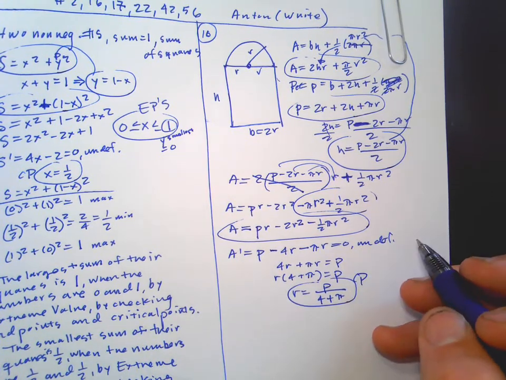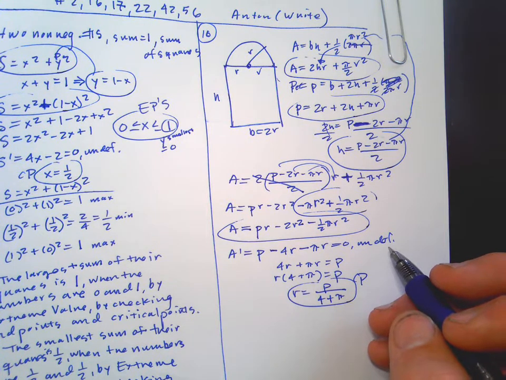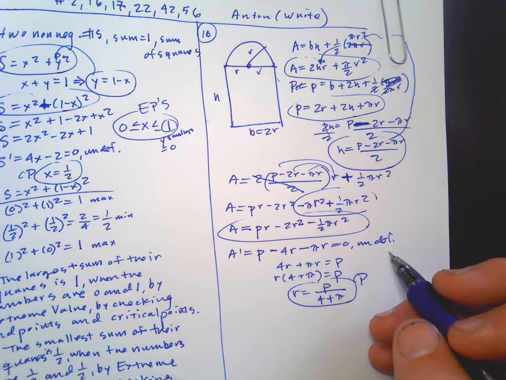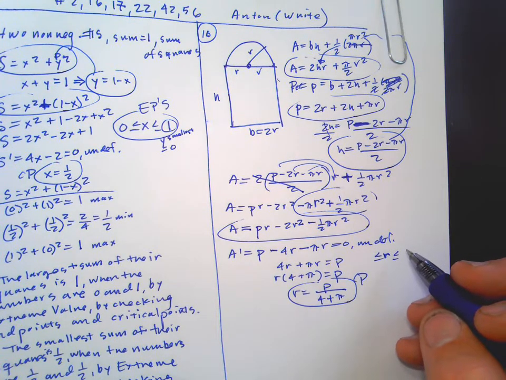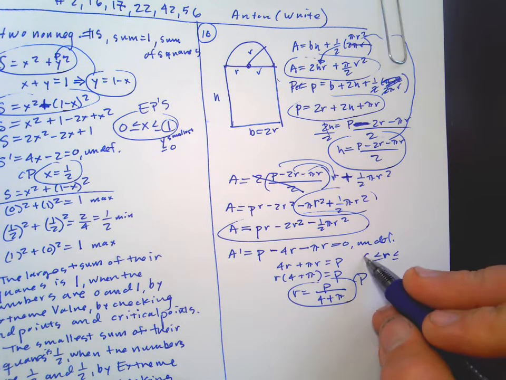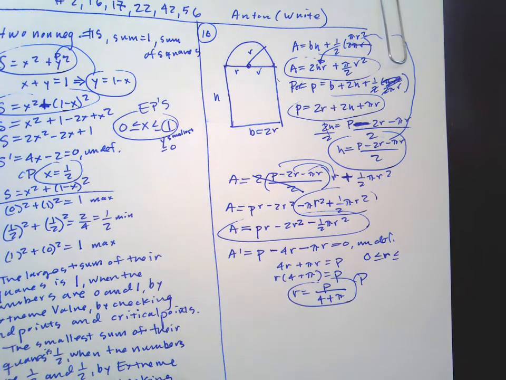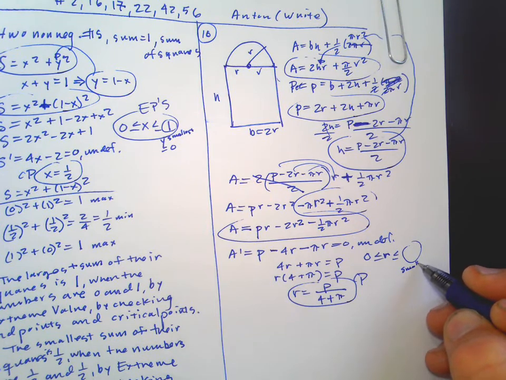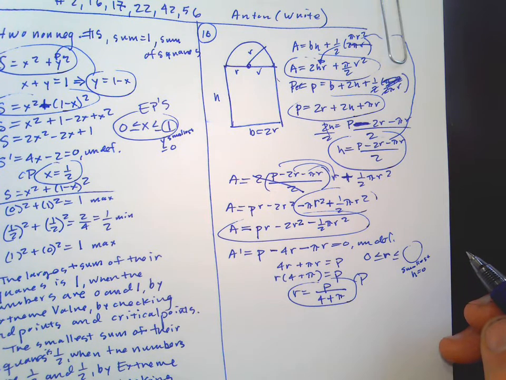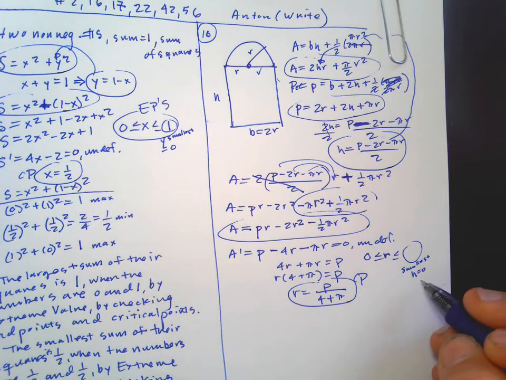It's kind of gross. Do we have endpoints? Well, let's see. What are the biggest and smallest values of r? Could r be 0? If r was 0, seems like that's possible. You'd have a 0 area, but you could still have the perimeter. It would just be all h. And then what's the biggest r could be? Well, that would be the smallest h. And I think h could be 0, and then everything would be r, right? So if h equals 0,